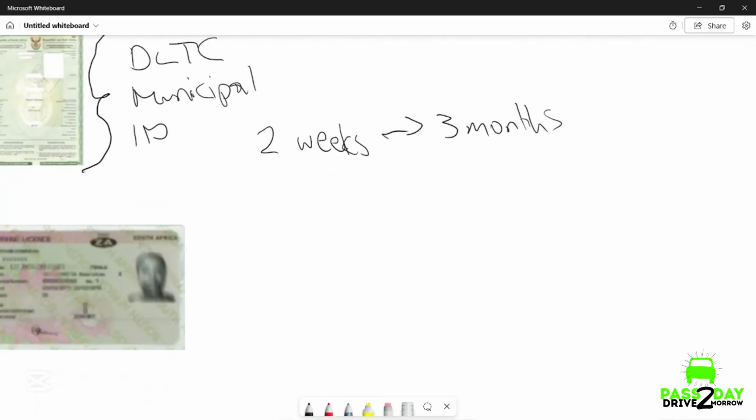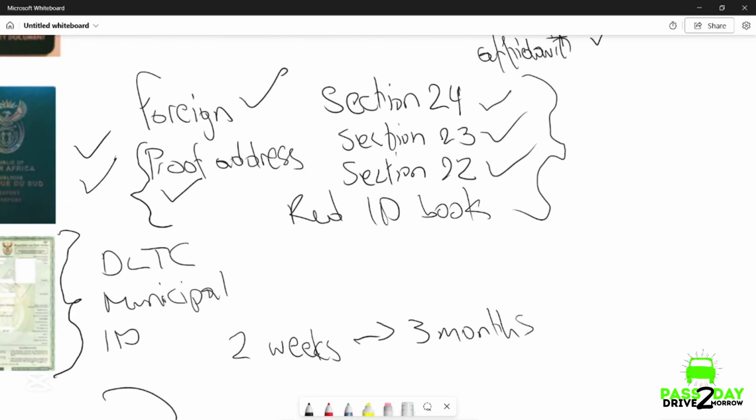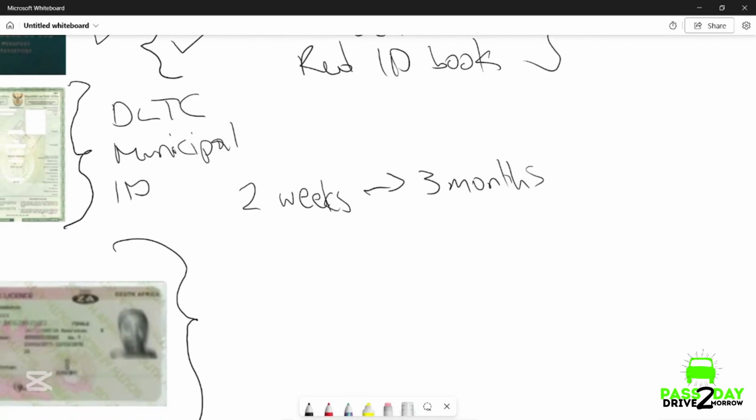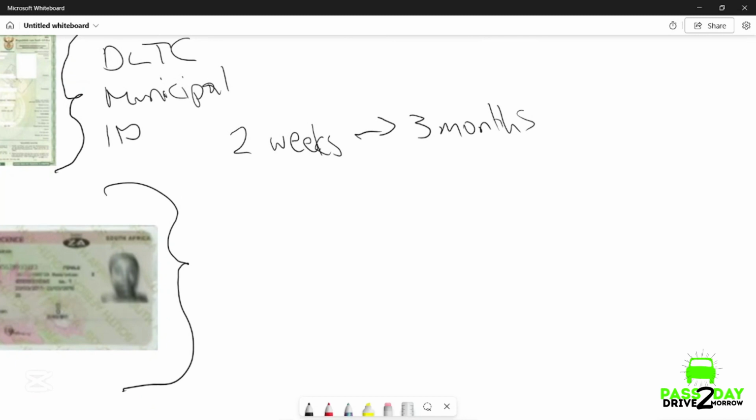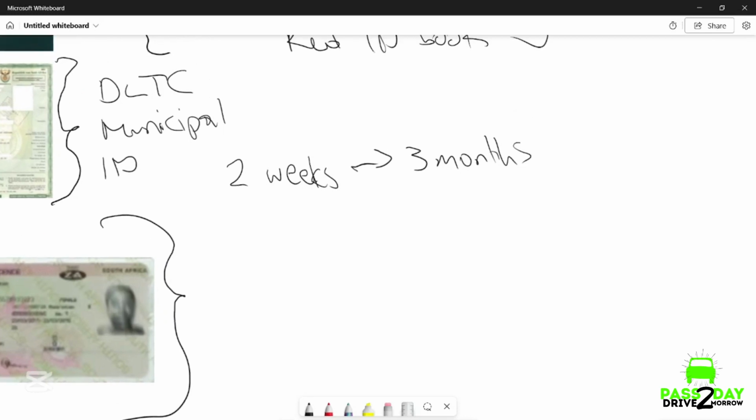So now, to get this end result, after you've got your proof of address, your ID doc, your 2 identical ID photos. You need those 2 identical ID photos. It's important that they're identical. You cannot have one that has a different background to what you have on the other. You basically need to look alike on that. No Mr. Bean photos, no Dragon Ball Z in the back, nothing like that. You need to make sure everything is identical, because this is basically a proof of your identity. So once you get those things, you go through to the DLTC, your nearest one, and then you'll